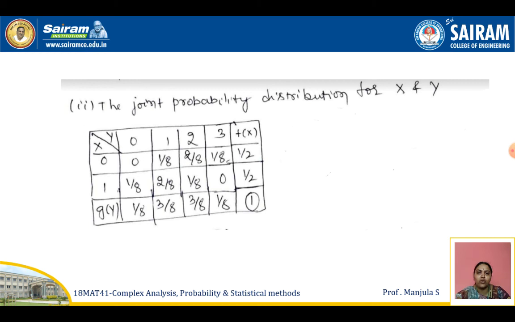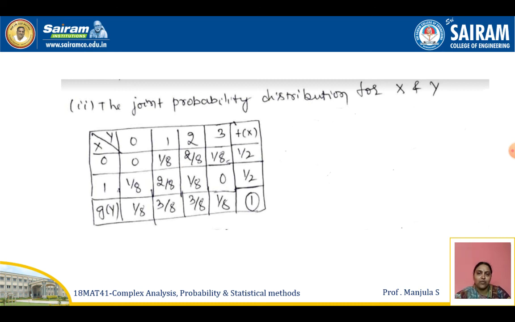How we can find this: you just see here, the first value, I will explain J11. That value will become 0 here. How it becomes 0: J11 is nothing but probability of x equals 0, y equals 0. Y equals 0 means what? Not even one time should we get the head. And x equals 0 is nothing but in the first toss head has to come. These two together are impossible. It means that value will become 0. We'll see the next one.